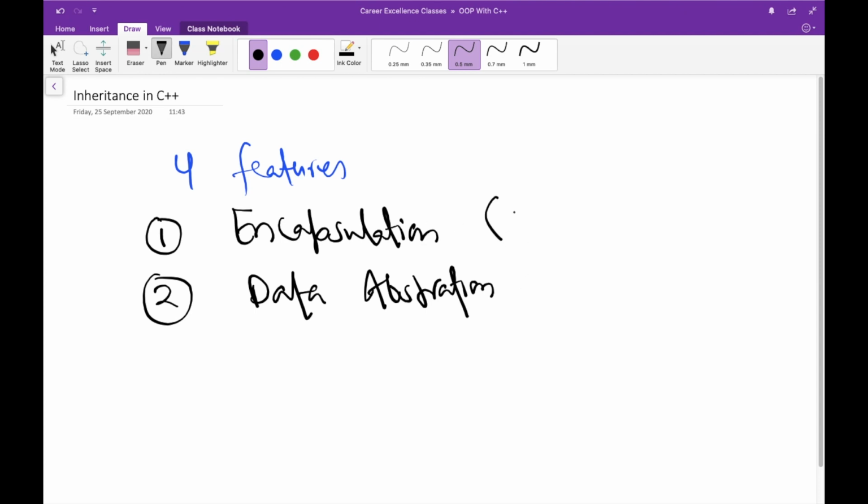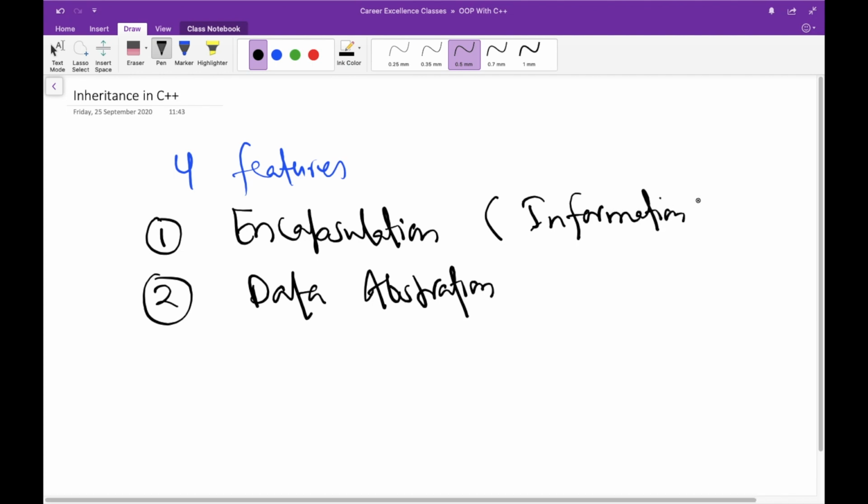And one more thing in encapsulation we get is information hiding, or we can say data hiding, and you should be well aware of the differences between information hiding and data abstraction. Sometimes people get confused between these two, but generally when we talk about information or data hiding, it's about data, and when we talk about data abstraction, it's about methods. That is an important thing to learn. You can go to my previous videos and learn the differences between these two using some practical examples.